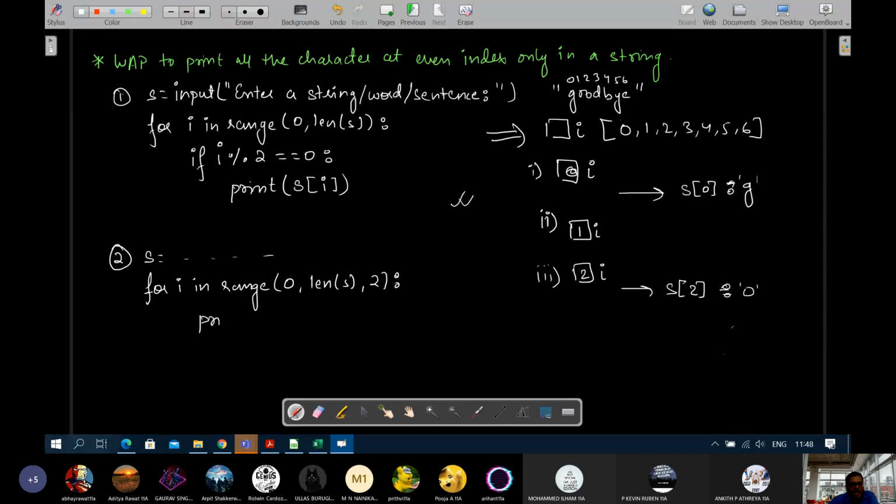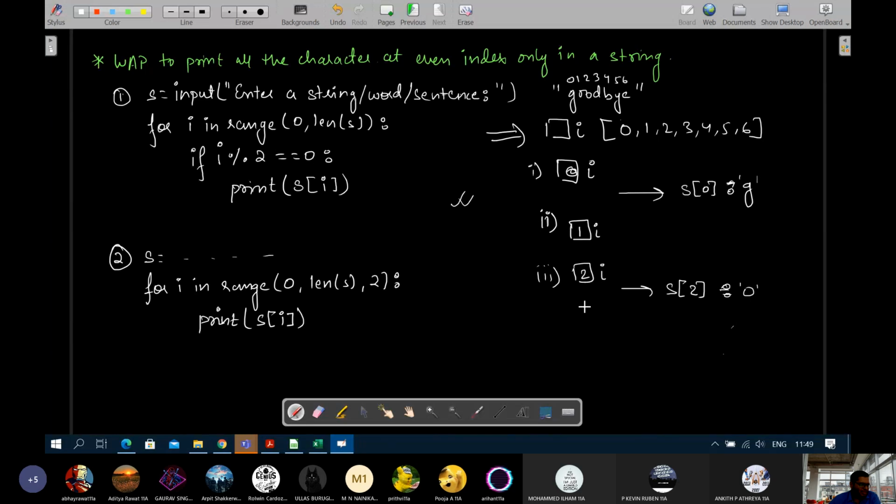And you will simply print S of I. Rather than S of I, you can say character at index position I in S. S of I is also fine, sir. Okay, say S of I. It just means understanding should be there. It means character at index position I in S. For your own understanding, say it in short however you like.